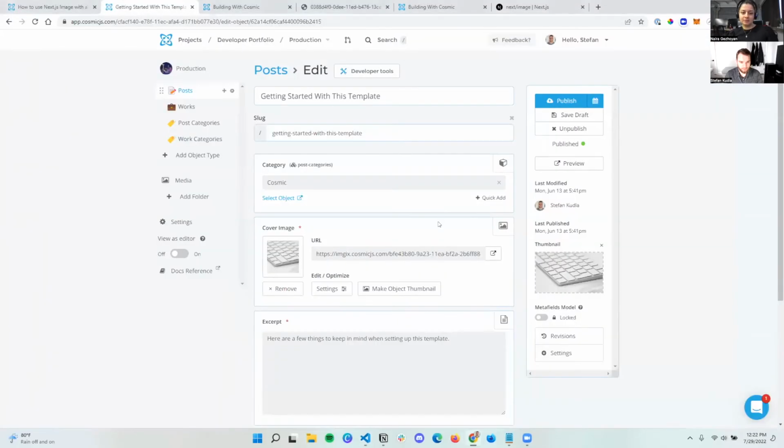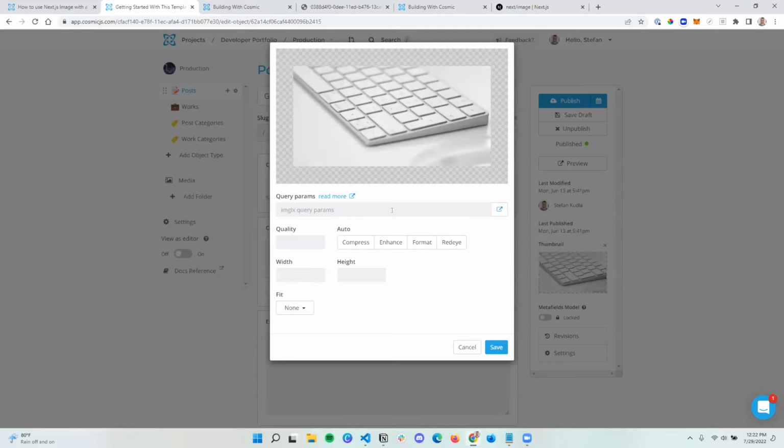So I just quickly wanted to touch on the fact that in Cosmic we can actually optimize our images through the imgix CDN, and as we go into our image itself, we can open this settings button and we can start to add things like compression and